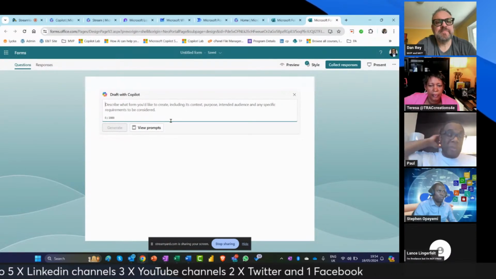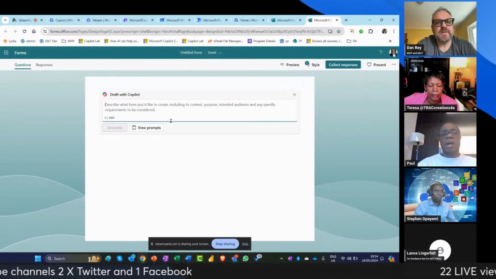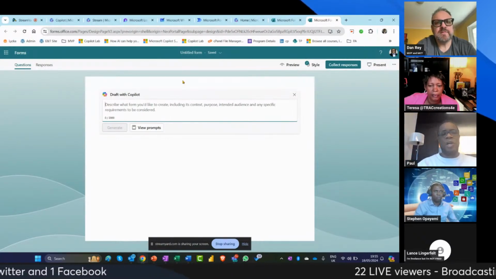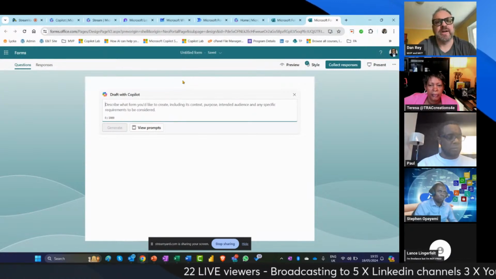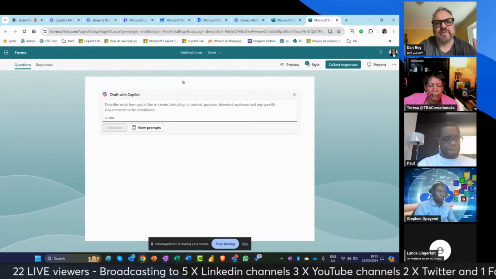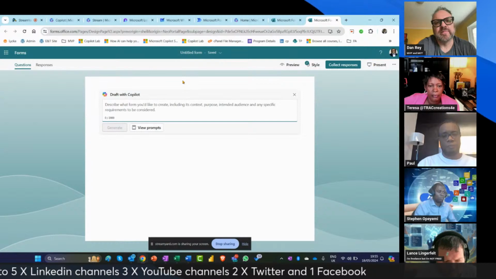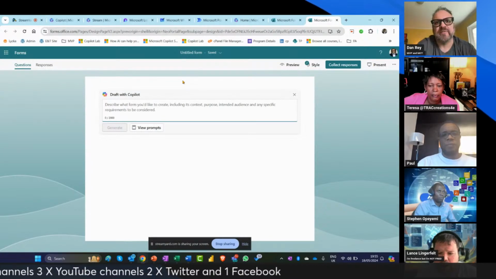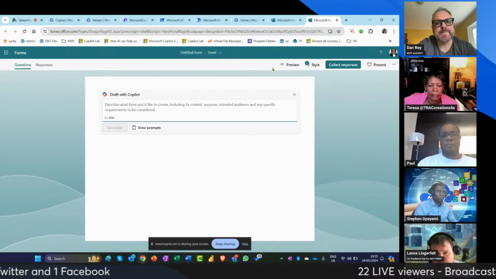what type of form. It's not going to be perfect, but it's certainly going to save you a lot of legwork. I used this up in Canada and just asked it the information I wanted to gather. And like you said, it wasn't perfect, but it was the scaffolding or the framework for making a couple of slight adjustments as opposed to having to start from the beginning. And that's another prompt technique that you can use,